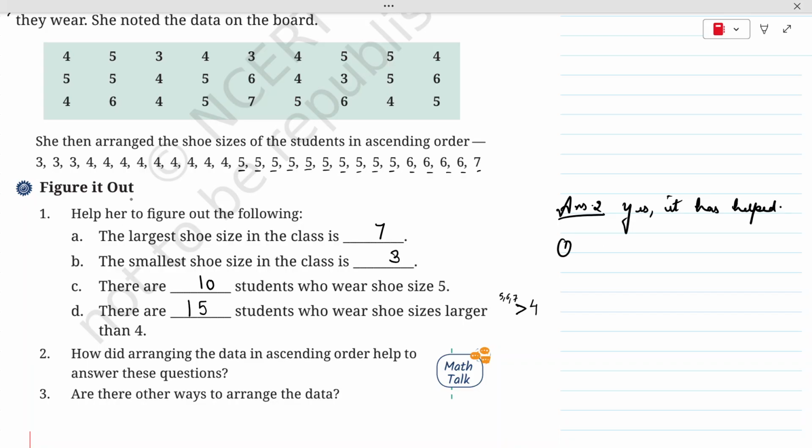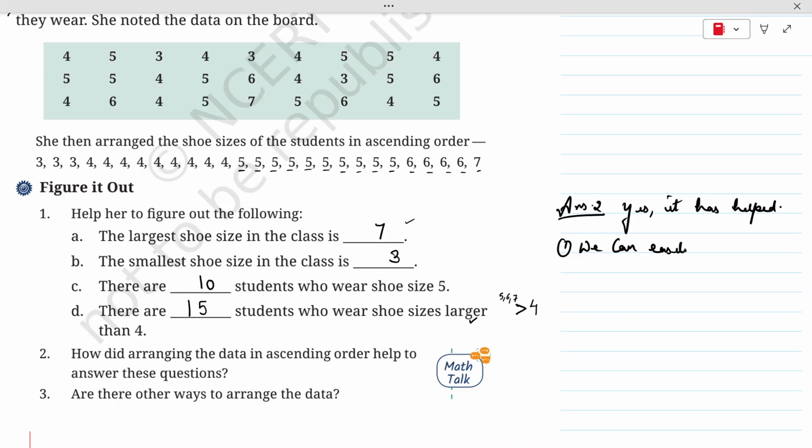Because we can easily figure out the number of students with the larger shoe size here. Okay, that is the largest shoe size here, that is 7. We can easily figure out the number of students who have a shoe size greater than 4, this part. So we can easily figure out these things from this data. So yes, it has helped. I'm writing